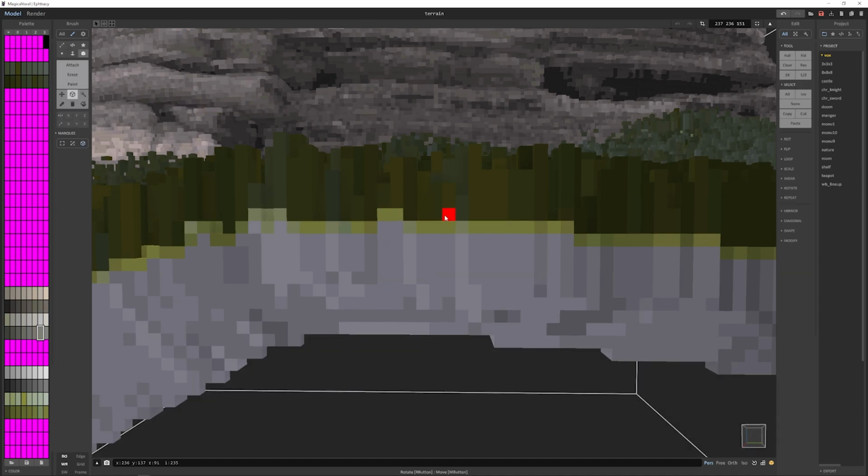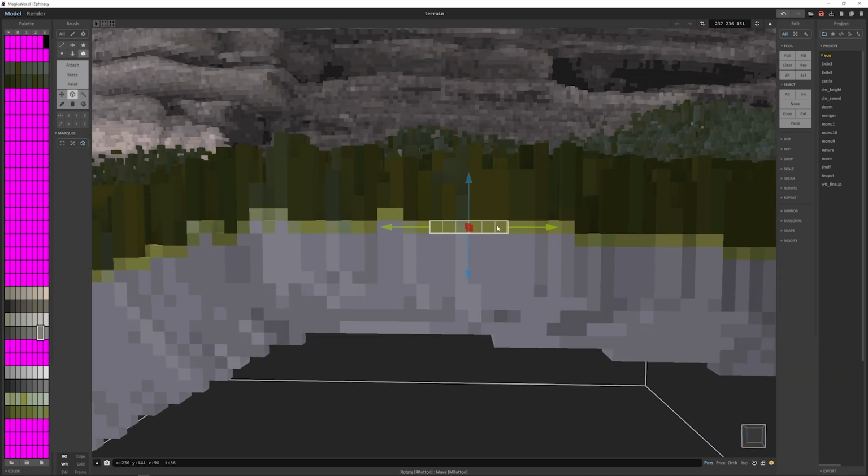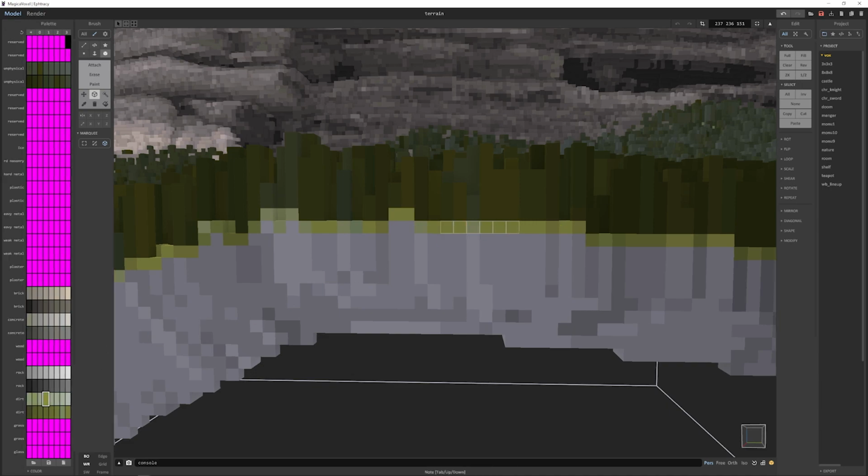So here you can see this is the grass that's been generated. This is the actual terrain layer, which is destructible. I can alt click here to select the colors, and I can see that yes, this is all dirt. And down here we have rock. So you can see it's tried to match.